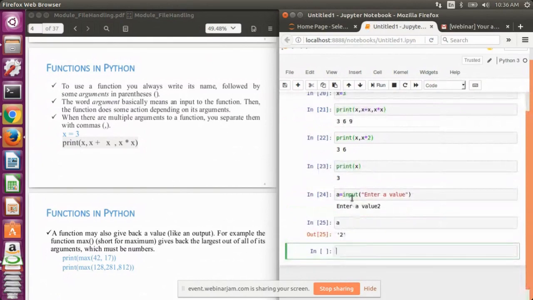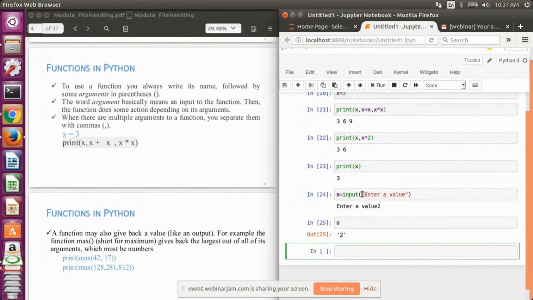Generally input doesn't have a second argument, so we do not pass one. It has only a single argument, so whenever we use input, we pass only a single argument. The syntax of calling any function is similar to the syntax that I have used.